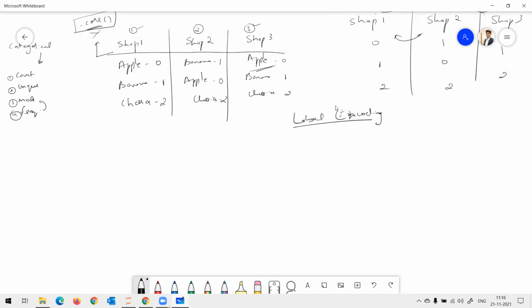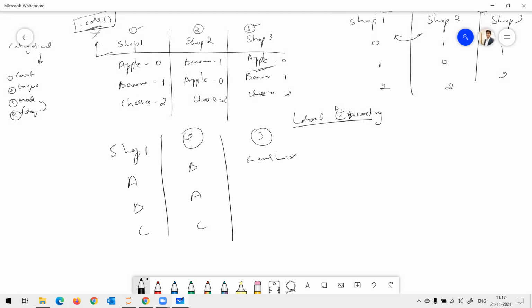there's one more catch here. Let's say your shop 1 is having apple, banana, and cherries. Your shop 2 is having banana, apple, and cherries. Whereas in shop 3, you have gearbox, wiper, and rear view mirror.